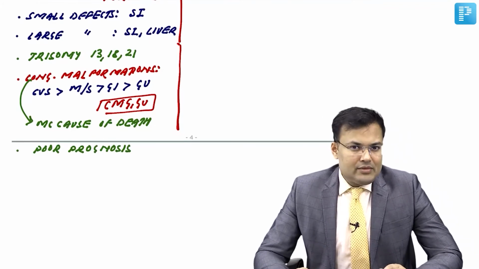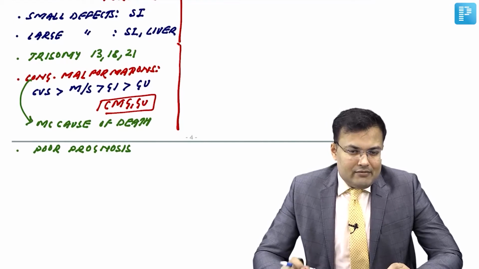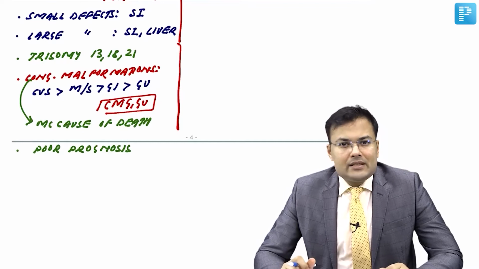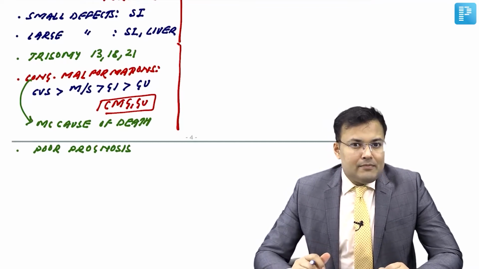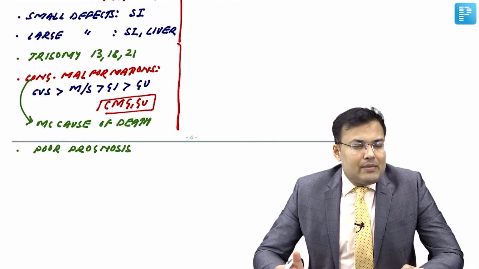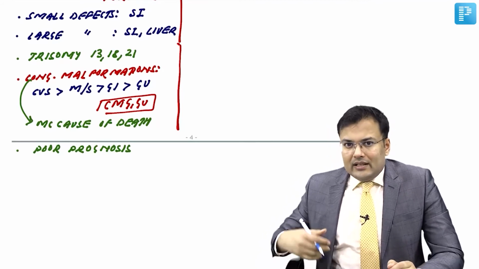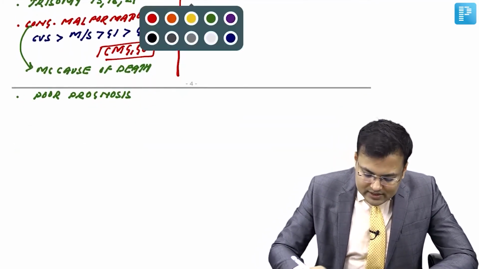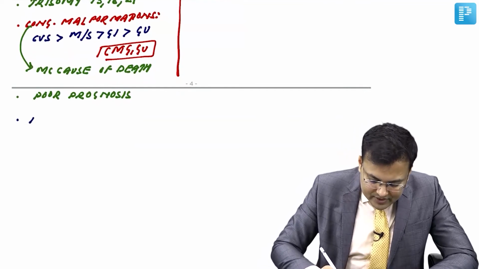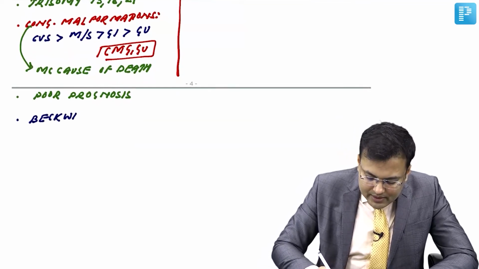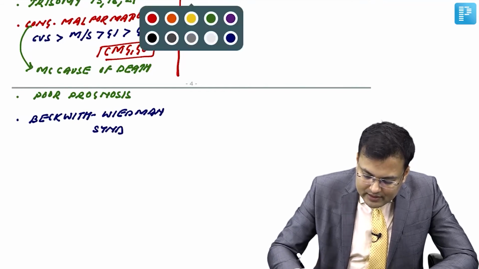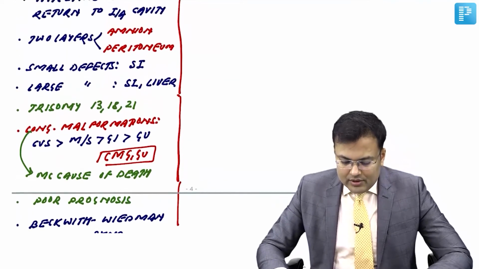When we were discussing the Wilms tumor, we discussed that there is one variant which is associated with omphalocele. And what's that variant? It's the Beckwith-Wiedemann syndrome. What are the other manifestations in Beckwith-Wiedemann syndrome? There is hemihypertrophy, visceromegaly, macroglossia, omphalocele, and hepatoblastoma. So omphalocele is associated with Beckwith-Wiedemann syndrome. Clear? These are the important points related to omphalocele.